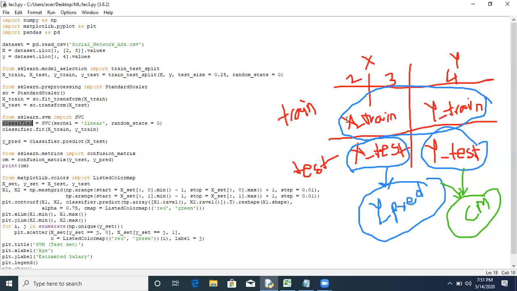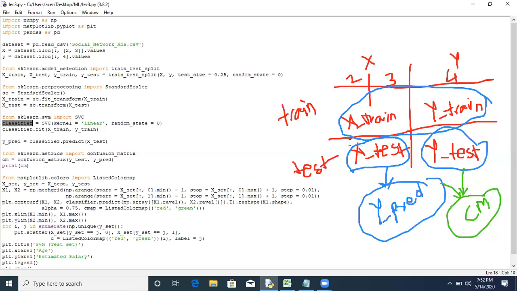The input train part we will assign to one variable, X underscore train. Output training part we will assign to one variable, Y underscore train. Input testing part will be assigned to variable X underscore test, and output testing part will be assigned to variable Y underscore test.